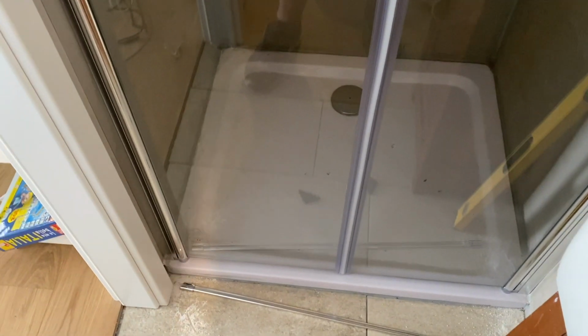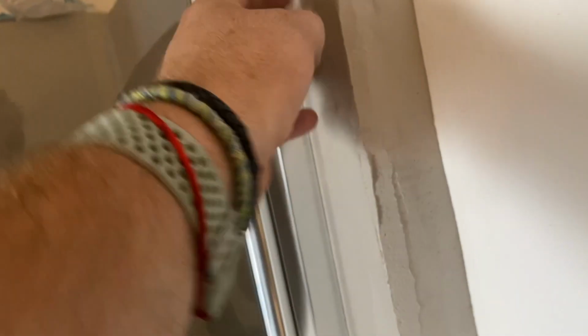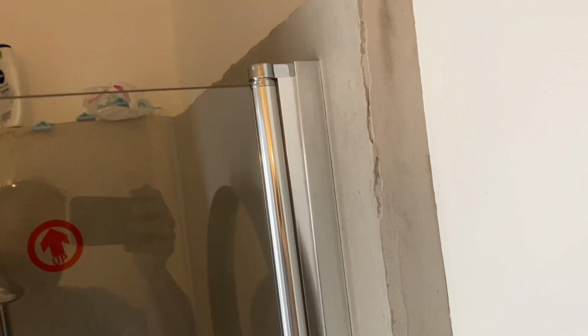There's our little bar that needs silicone in at the bottom. I have to run a bead of silicone around the edge to stop water getting in behind. It's caught up with the fact that this wall is not straight at all, quite nicely. And it